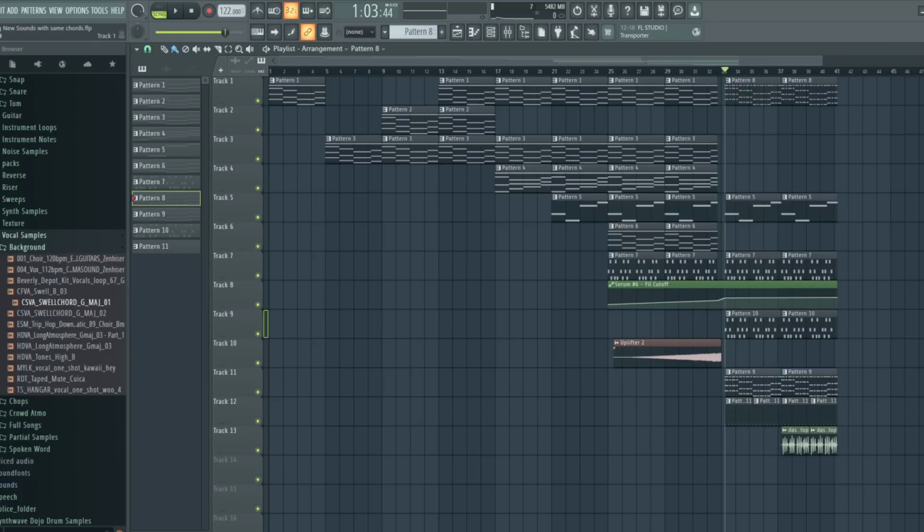But I think the big takeaway here is don't overcomplicate things. Come up with one chord progression that you really like and build off of that. You can come up with a million different ways of how you want the song to be arranged, and the vibe of it will change. This principle really applies to any genre, so don't be afraid to use it in whatever kind of music you create. The one thing I also didn't mention is by using this one chord progression, you can also go into something,